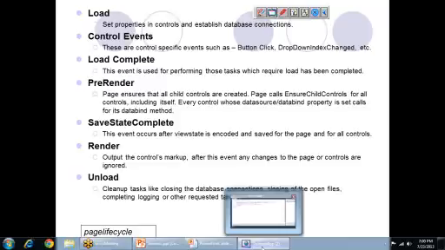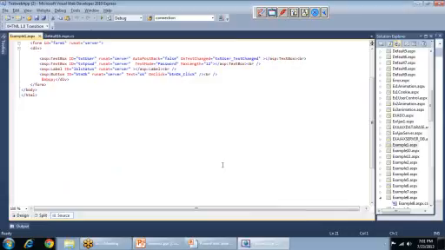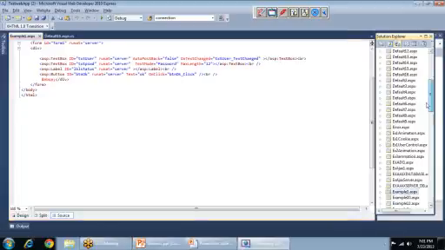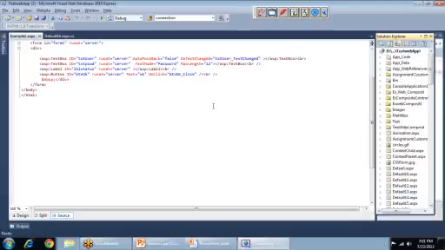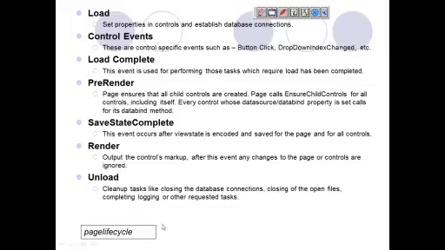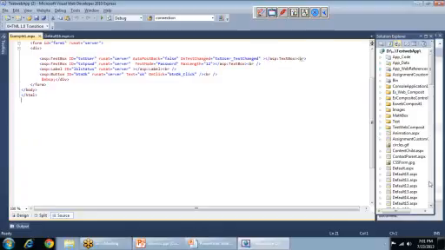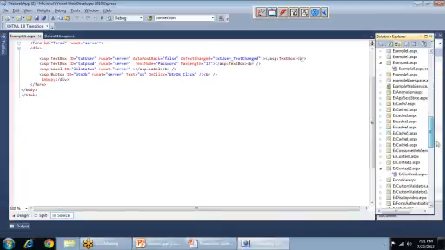Whatever code I want to explain in the class, I have clubbed those examples as a project or a website, which I will send after this class. In my slides, you will see in this rectangular area the name of the file in the solution, like page lifecycle. So the example related to this topic will be in this page, which is page lifecycle.